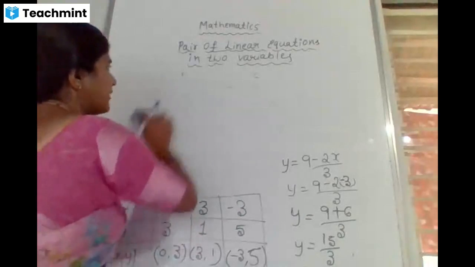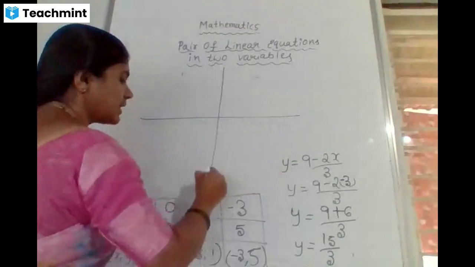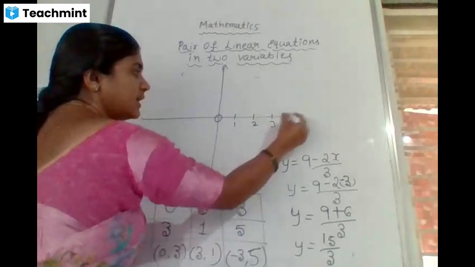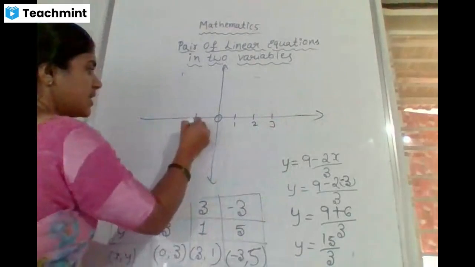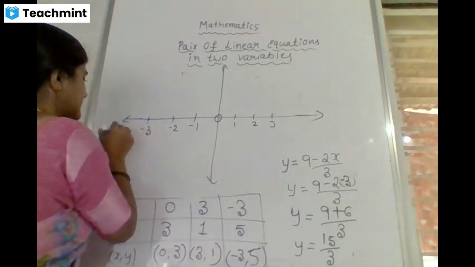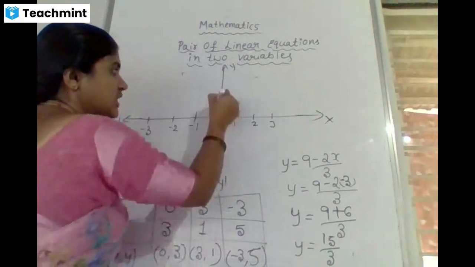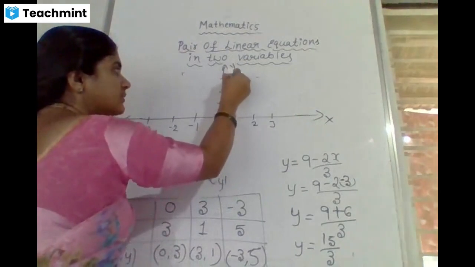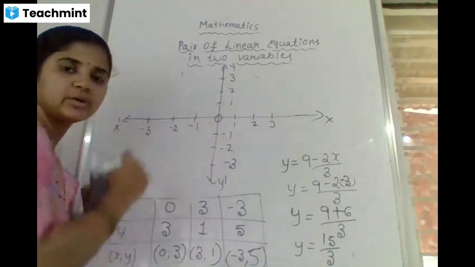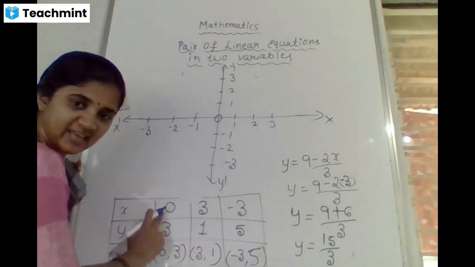Yes. So now roughly I'll explain this Cartesian plane you have to take. So here 0, 1, 2, 3. You can extend here minus 1, minus 2, then minus 3. So this is x dash and this is x, y, y dash. So here 1, 2, 3, and minus 1, minus 2, minus 3. You have to arrange the Cartesian plane like this. Now just look at this carefully.